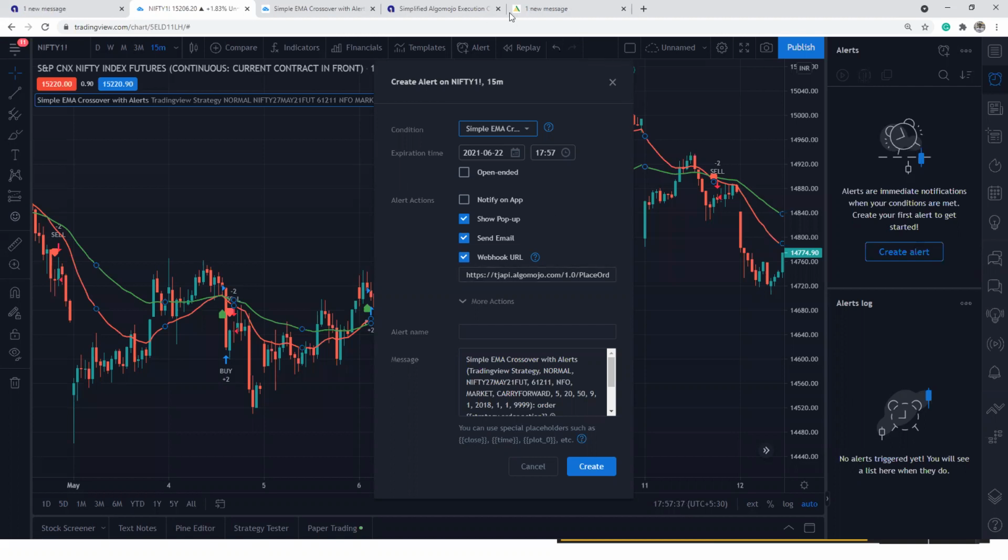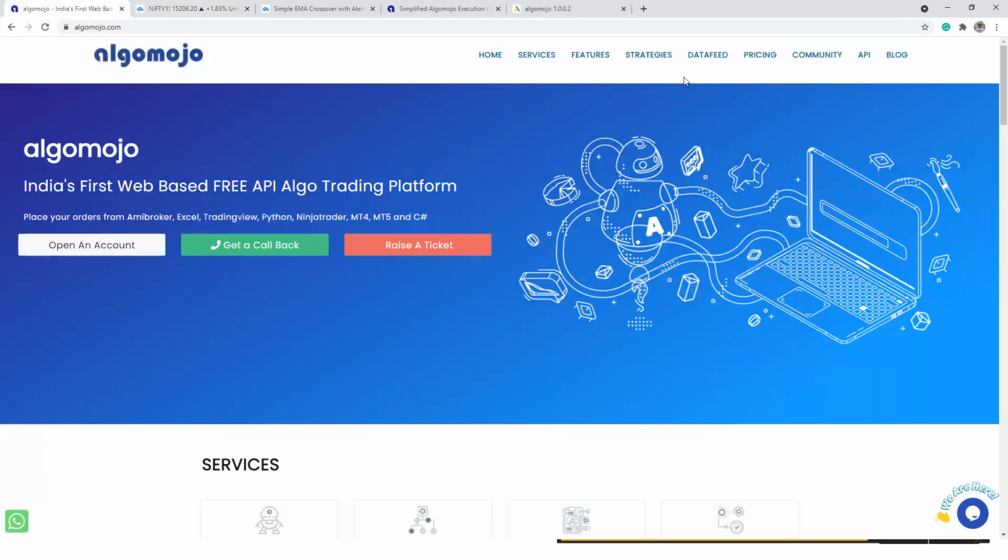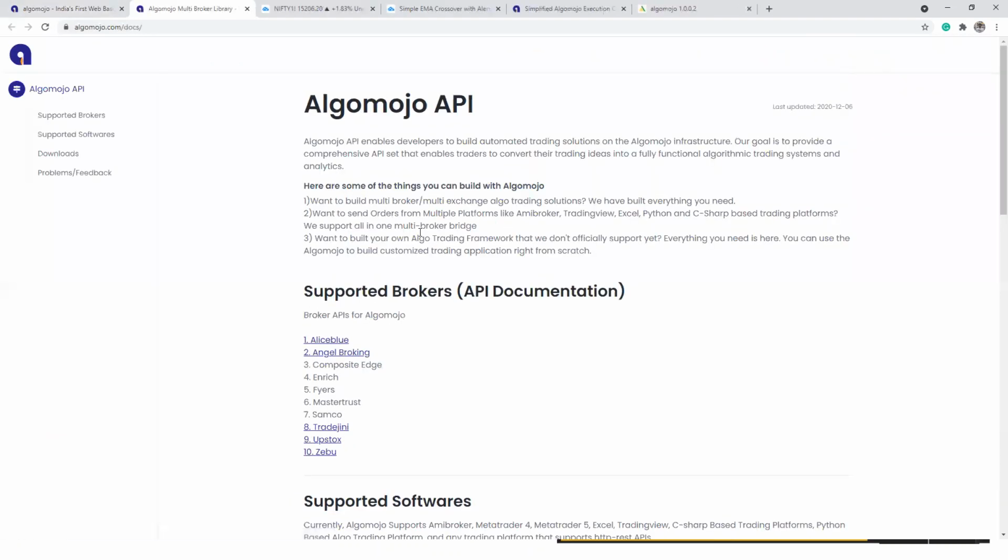I'll also repeat one more time where you can go and get this webhook URL. If you want to enable this webhook URL, definitely you should be a pro user or pro plus user or a premium user. So enable the webhook URL. You have to place this URL. You can find it by going to the AlgoMojo platform, go to the API section. From the API section, I'll select the particular broker.